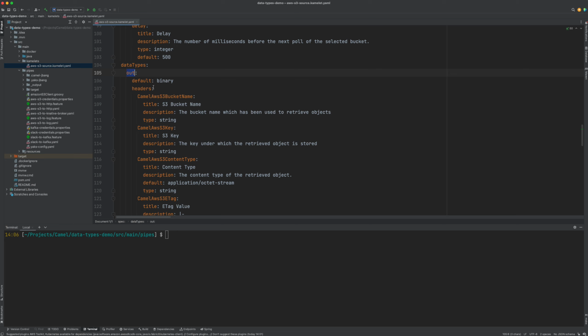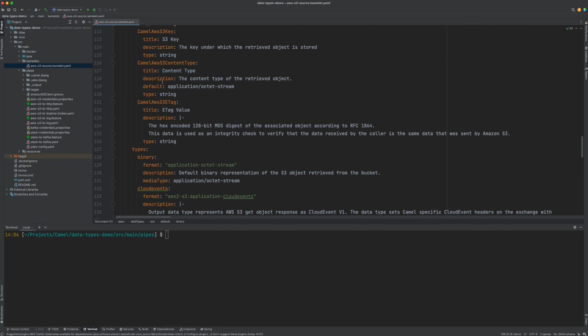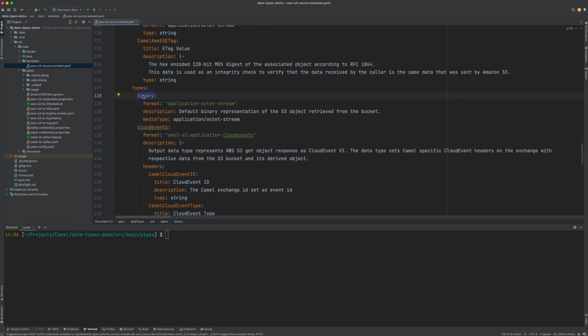And in this out section, we have a default data type, which is the binary data type. It resides to this data type in here. And this is the default one when using the AWS S3 source, presenting the content as an octet stream, meaning